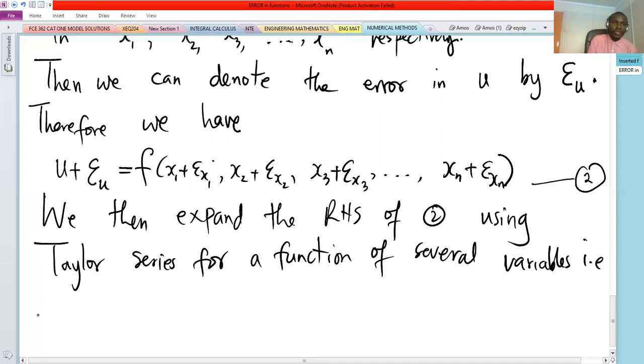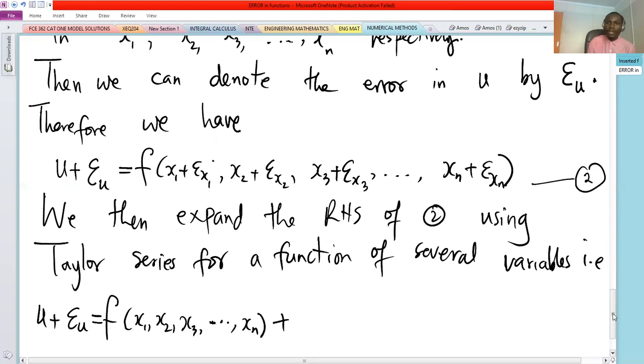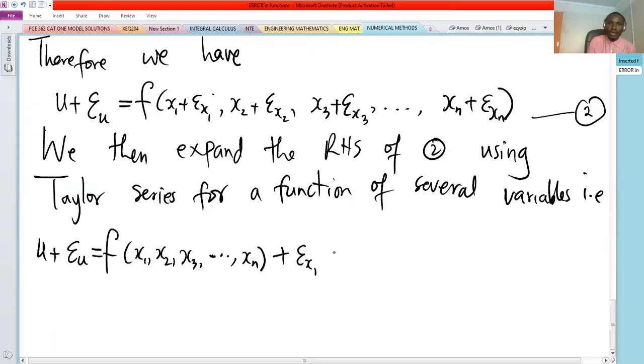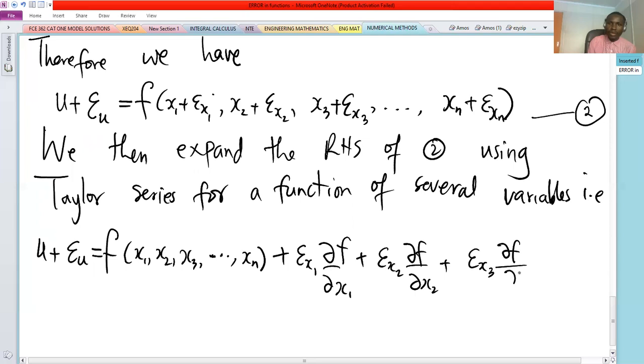i.e., will have u plus error in u is given by, now when you expand this one in Taylor series of a function of several variables, we'll have f of x1, x2, x3 up to xn, plus error in x1 partial f partial x1 plus error in x2 partial f partial x2 plus error in x3 partial f partial x3 plus error in xn partial f partial xn plus other higher order terms